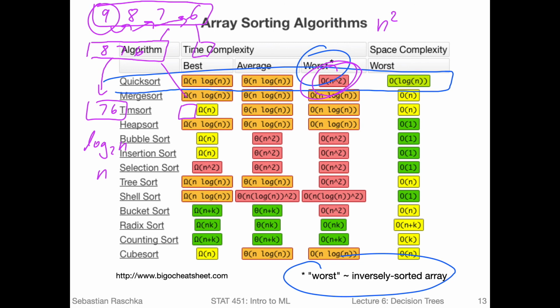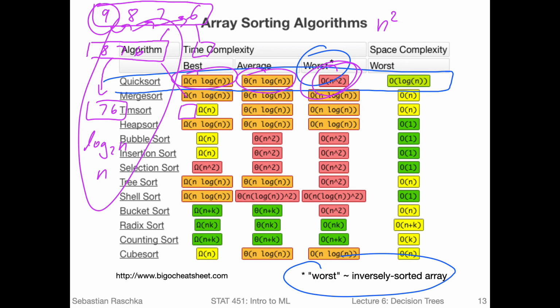However, in practice, I would say that rarely happens. And also one way we can avoid that is just by picking a pivot randomly from the array instead of just picking always the first value. So then on average, in most cases, we won't have this worst scenario. So in the average case, we would be more like n log n. And also in the best case, we still would have n log n, because a perfectly sorted array would be actually a worst case, because we would still go through these n splits.